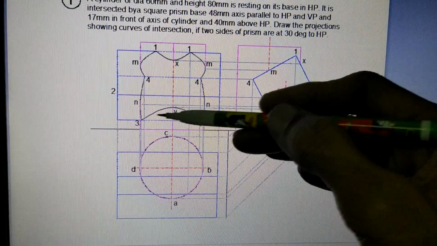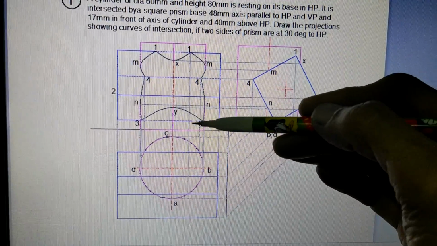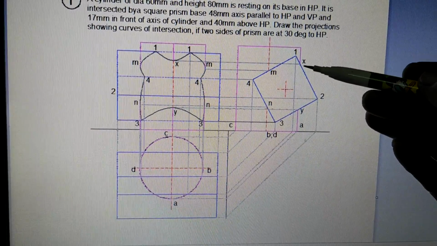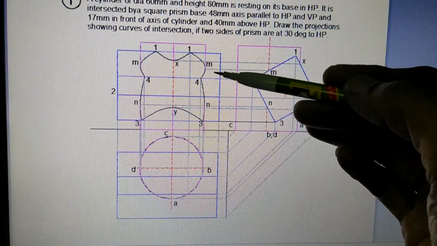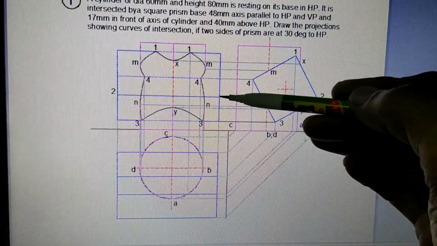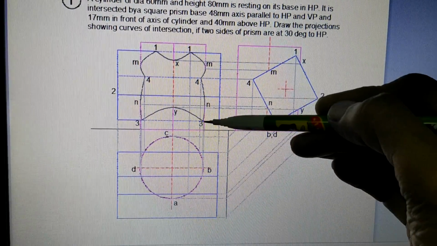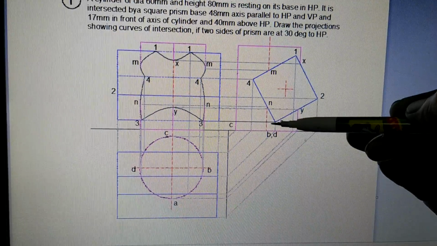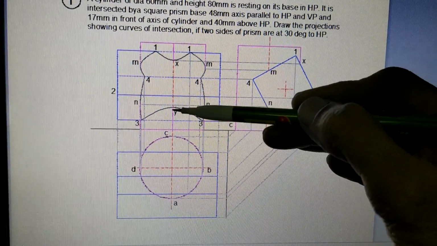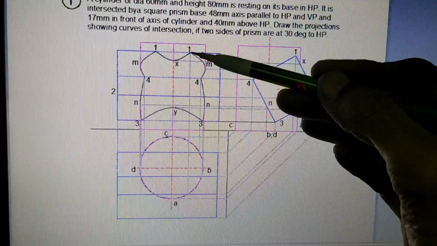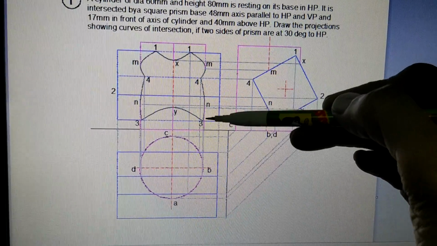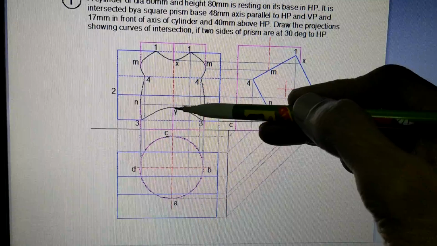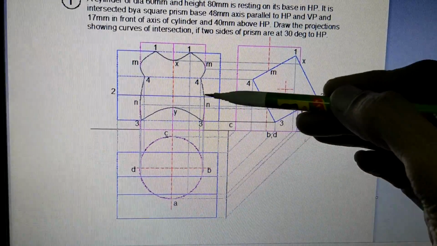Okay, so we have found out these points also in the front view. So we have seen 1, X, 2, Y, 3. 1, X, then on this 2 is this, and then Y and 3. So this much part we have covered. Now see, at the moment we are just marking the points. These curves we are not talking about so far. So imagine that you have just marked point 1 here, we have marked point 3 here, we have marked point Y here, and we have drawn this line here.